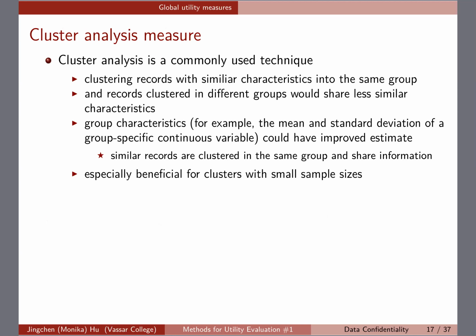The thing is, once you have observations grouped in one group, then certain characteristics, for example, if it's a numerical variable, you want to estimate the mean and the standard deviation. So you're able to use all of the observations that you have clustered in that group to have an improved estimate. Okay, so the thing is, similar records are clustered together based on the cluster analysis, and they're going to share